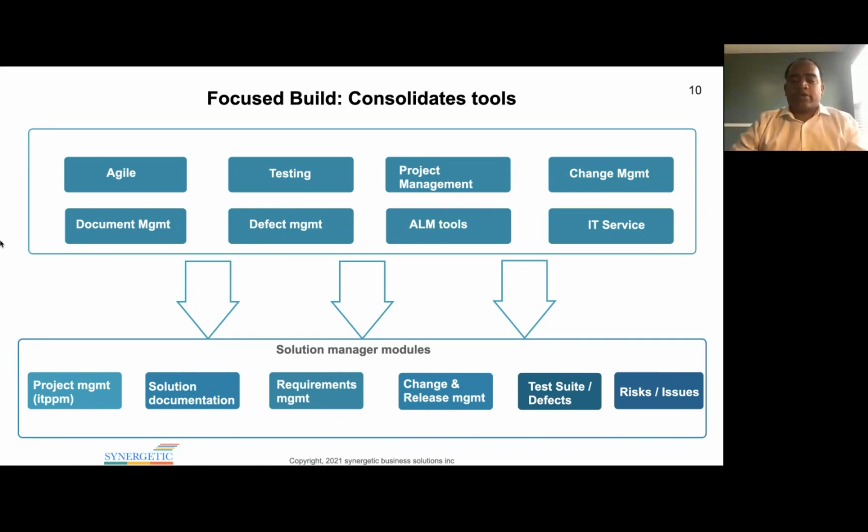So have a migration plan, because you need to bring stuff into project management if you're using it full-fledged, or even if you're using a little bit of it, you may have to bring the sprint planning and things like that, and solution documentation. You may have documentation today in a different solution within Solution Manager itself, but you still need that in the S/4HANA solution, because at the end, we just want you to have one solution, and that's recommended, and requirements and all the modules. You need to bring the things from different tools